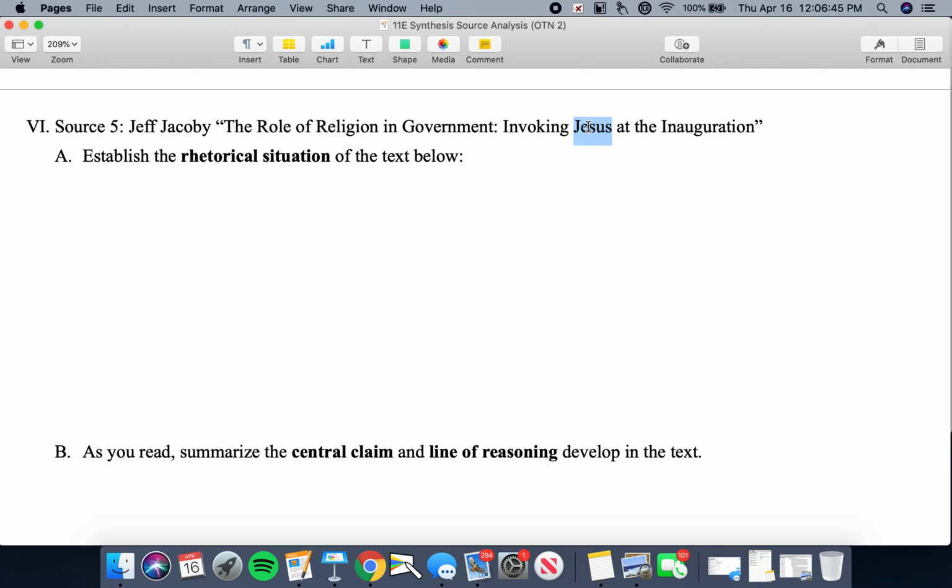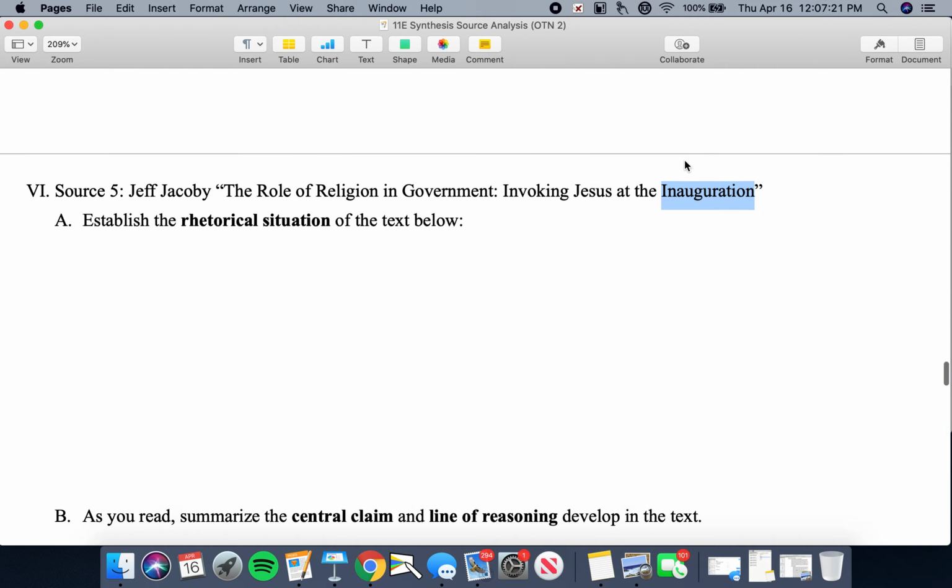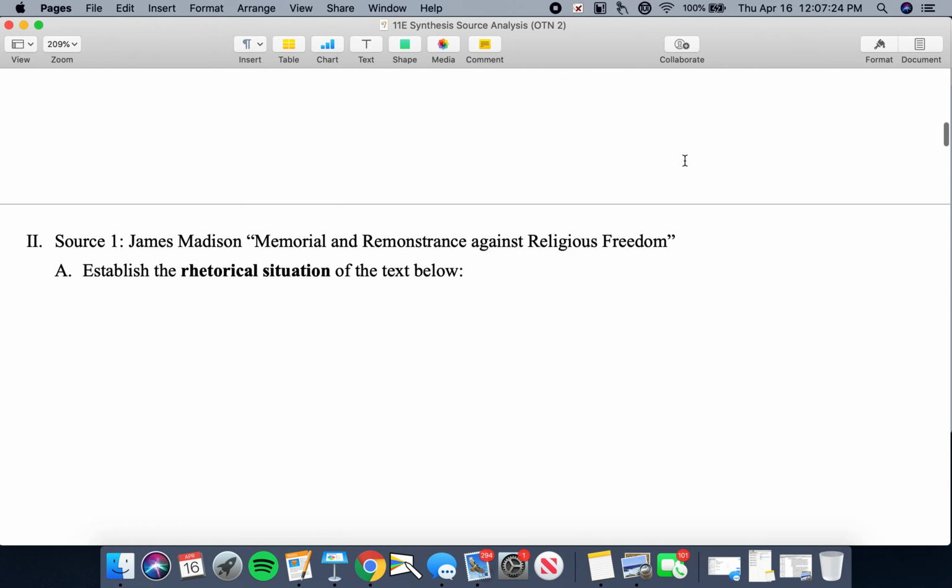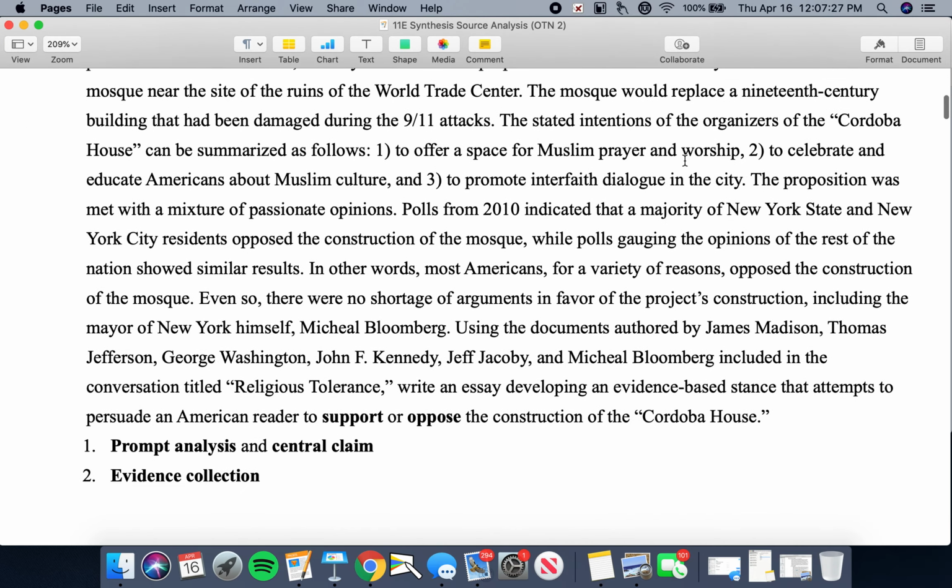That is certainly not interdenominational and interfaith. It asserts the deity of Jesus whenever you begin to pray to Jesus at a very public American political display, the swearing in of the head of the executive branch of the American government. So, is that an appropriate expression of an American's religious freedom, or is that inappropriate? Well, obviously, Jacoby is going to take up that question. Now, how does that question relate to the central question of the prompt? Well, I'll let you think about that.